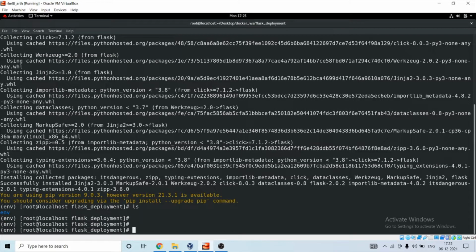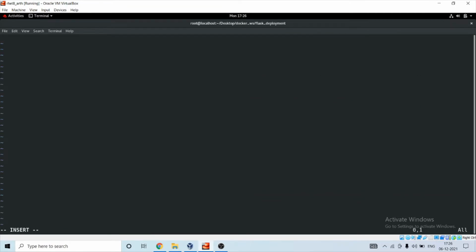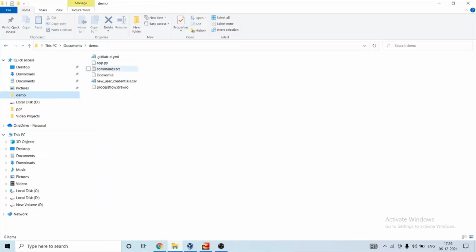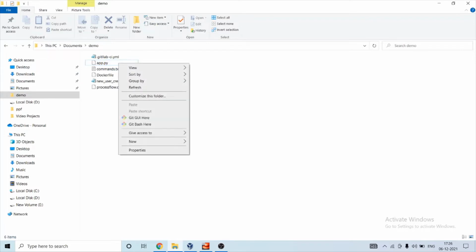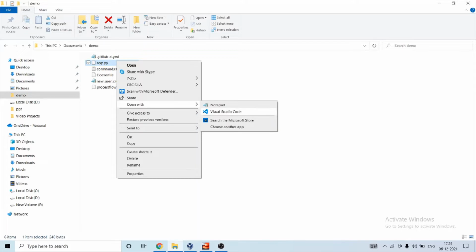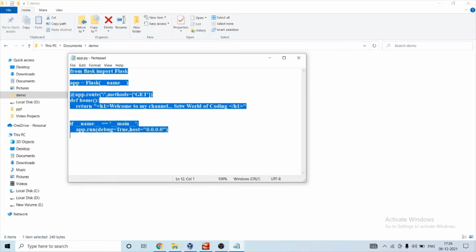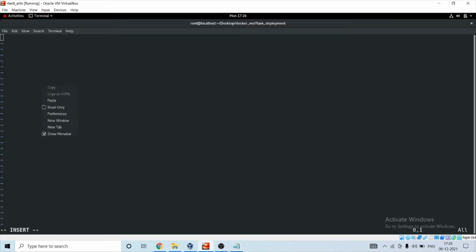So let's first create an app.py file. Vim app.py. Let's click on insert. In order to save your time, I've already created an app.py. I'm gonna copy its content and paste it here.